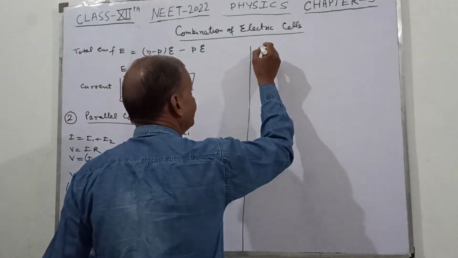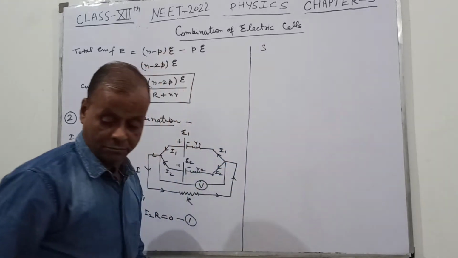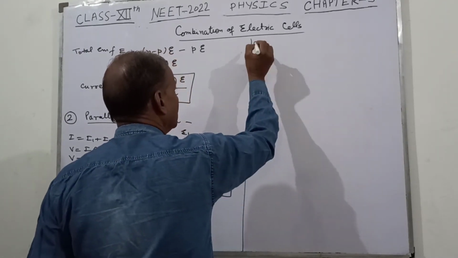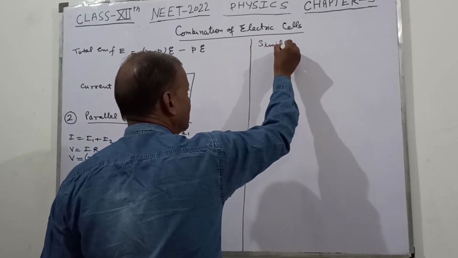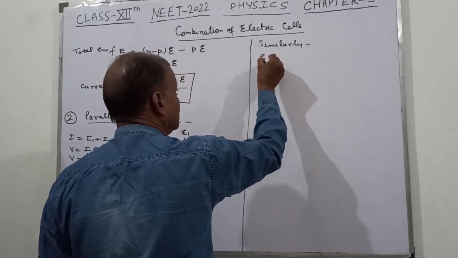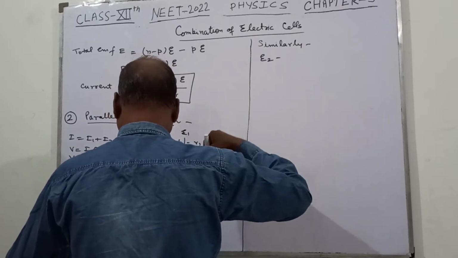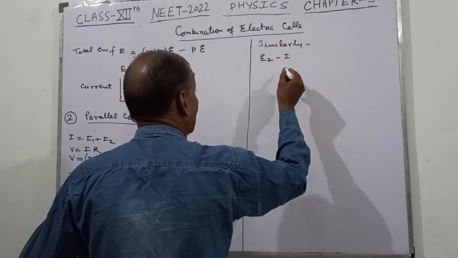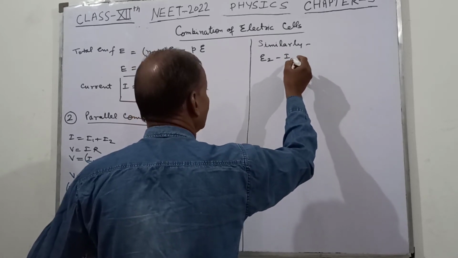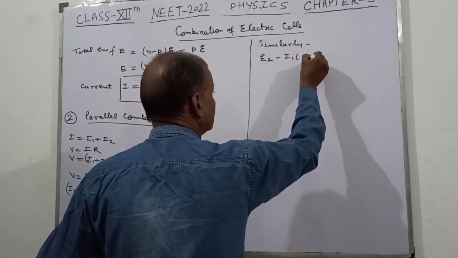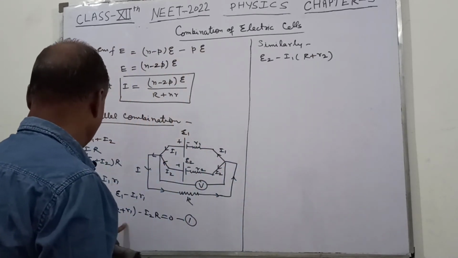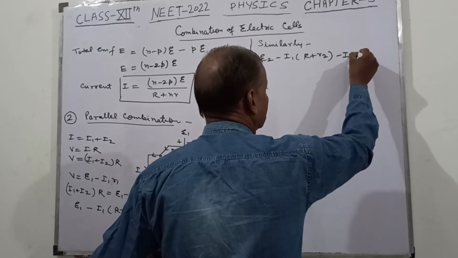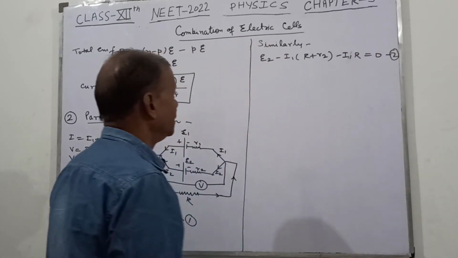Then similarly, this is now your E2 minus I1 R plus R2 and minus I1 R. This is equal to 0. This is now equation number 2. Now if you solve all these,